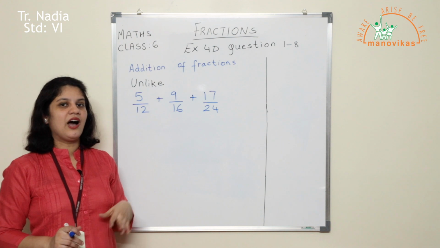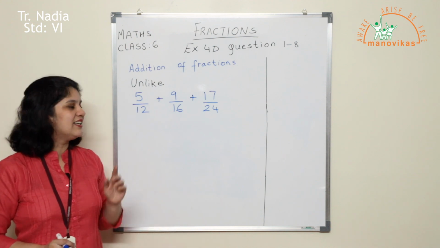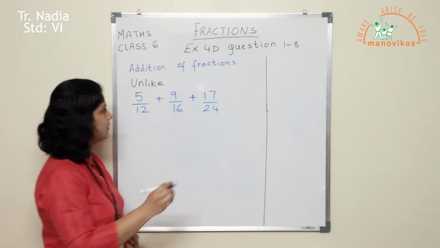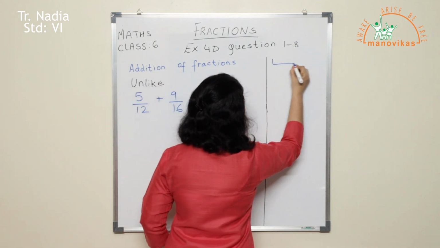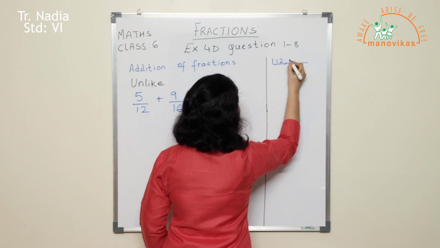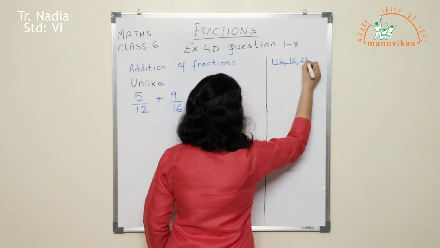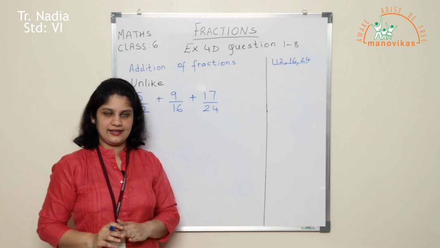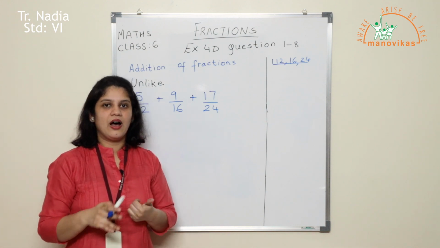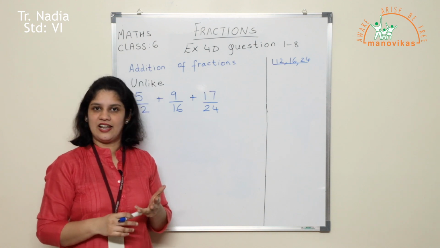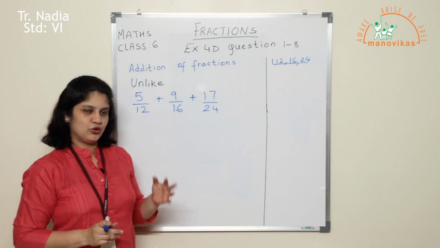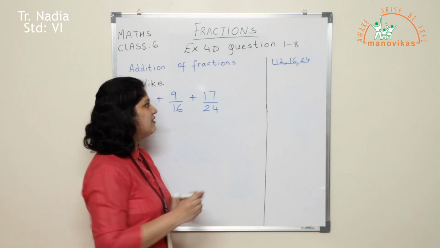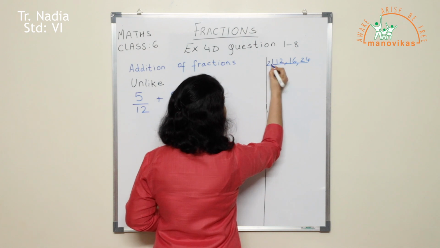I hope you remember how to make unlike fractions like. Yes, by finding the LCM of the denominators. So I will take all the 3 denominators in the rough column and find their LCM. Remember, we make use of only prime numbers while finding the LCM. Numbers which are prime are 2, 3, 5, 7, 11, 13, etc. I have told you all it is always good to begin with the smallest prime number. So I will start with prime number 2.